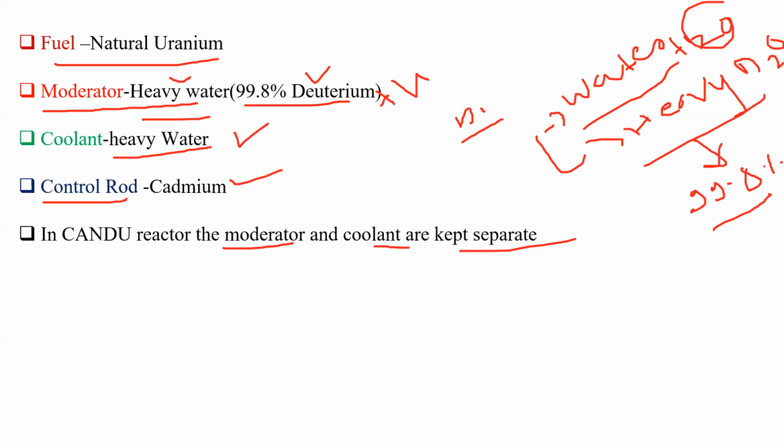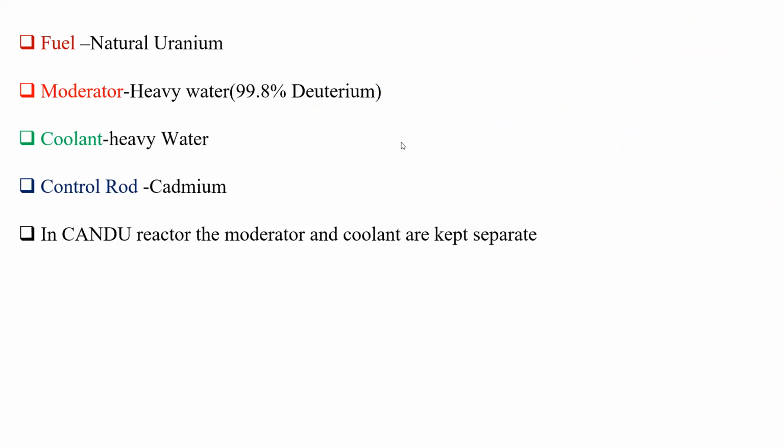So in this way I can conclude: fuel, moderator, coolant and control rod. These four points are very important with respect to each and every reactor. I highlight these points many times because if you write this point properly you get half marks, for this point half marks, for coolant half marks, which means you can score the maximum. Don't write too much, but write specific points in such a way that it gives maximum marks. So these are some points with respect to fuel, moderator, coolant and control rods.